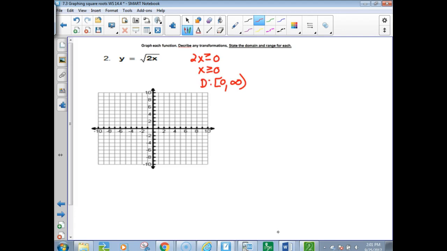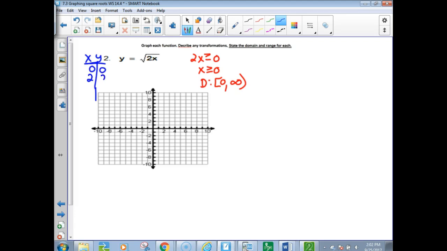Next, I make a t-chart. I pop in some numbers that make sense to take the square root of. If I put in 0, I get 0. I always want to put in the first number in the domain. If I put in 1, that would give me something icky. It would give me the square root of 2, which I do not know. So I'm going to put in 2, because then I get the square root of 2 times 2,